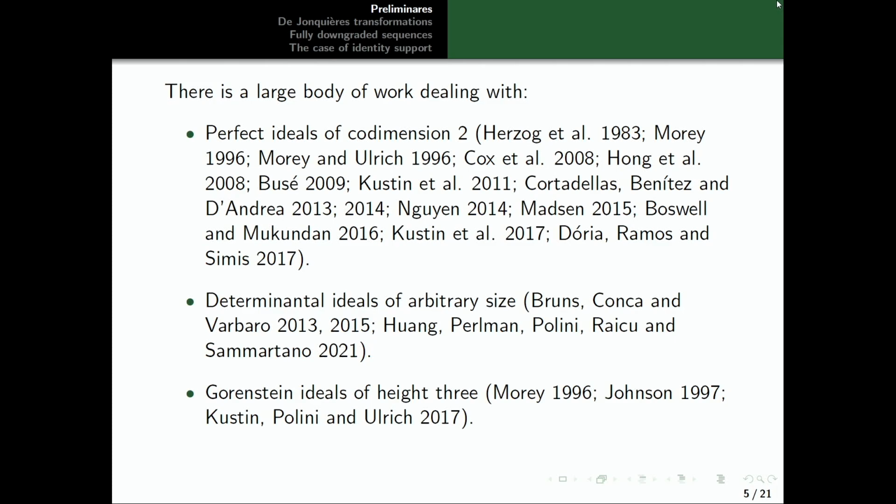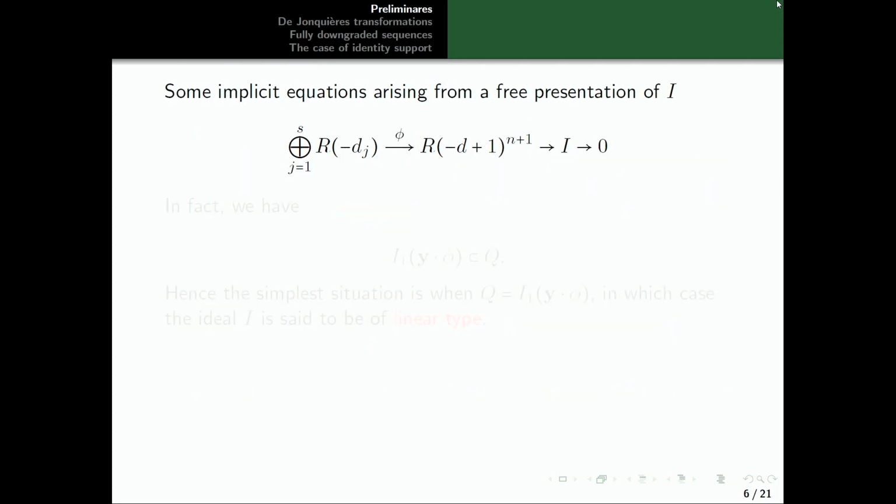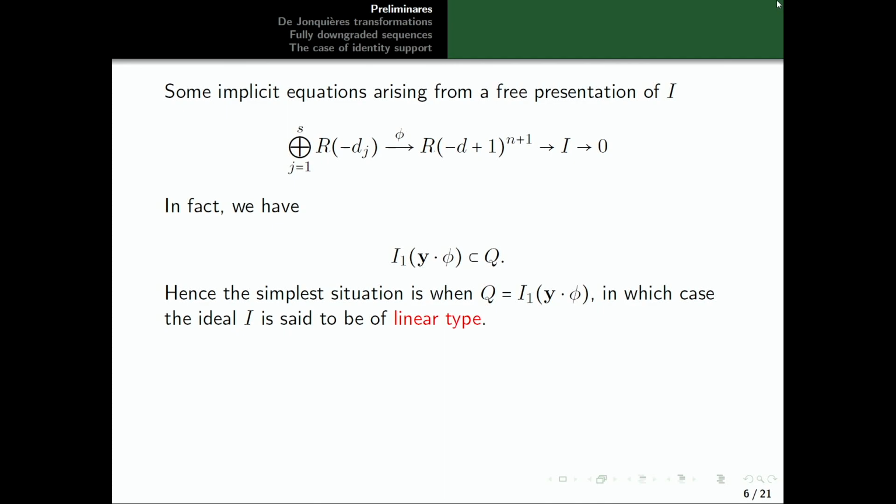Okay. Some implicit equations arise from a free presentation of I. If you have a free presentation, it's easy to see that this ideal generated,